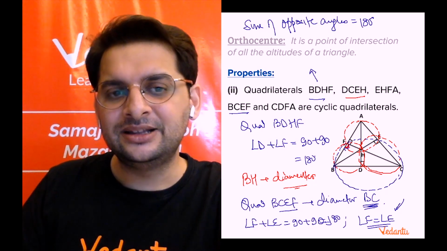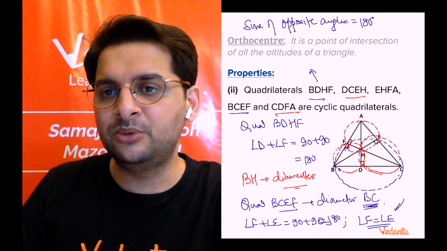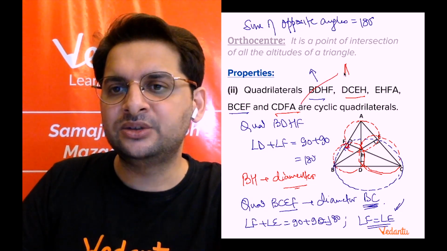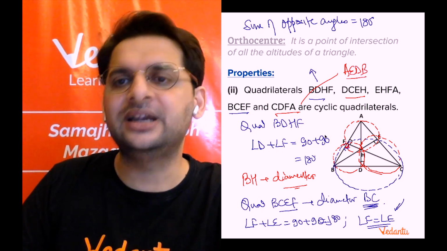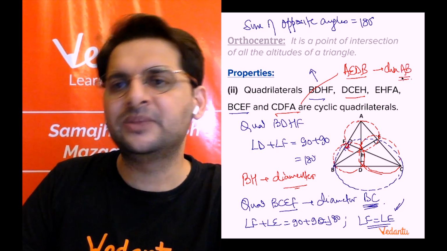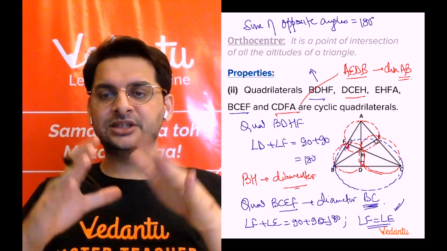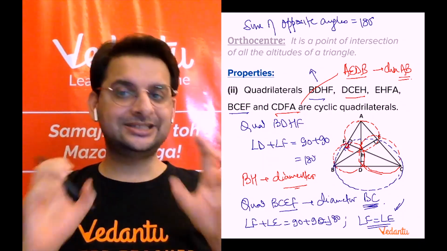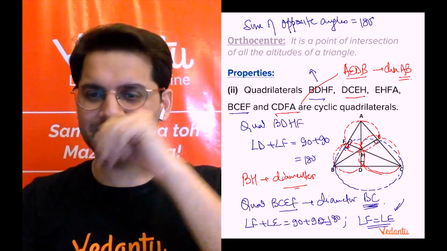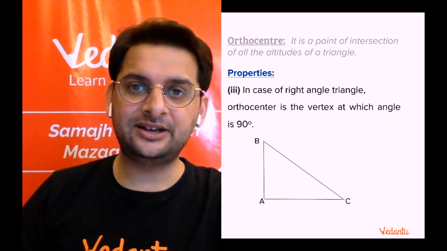And similarly, there'll be other two. So ACFD, and there'll be one more. The one more will be AEDB. So AEDB is also a cyclic quadrilateral whose diameter will be AB. I hope this is clear to each and everyone because this is important. So in this diagram, a triangle with 3 altitudes, I can see there are 6 cyclic quadrilaterals. All right. So this is again a very interesting one.